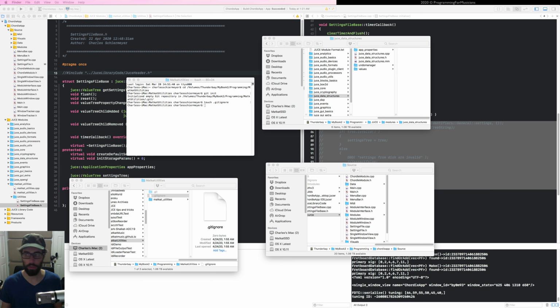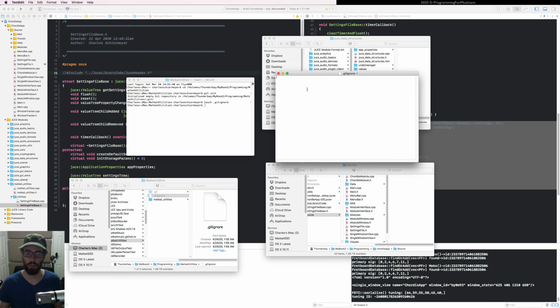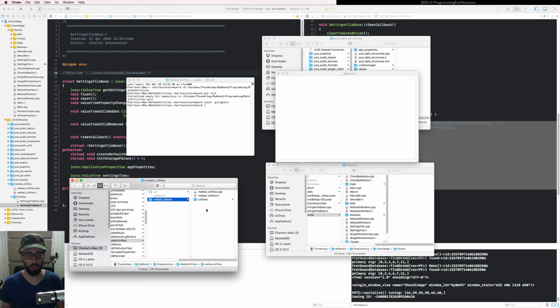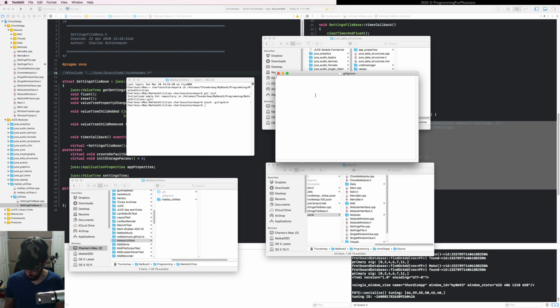We can open this up, we can edit it. Let's see, there's really nothing that we need to ignore because it's just gonna be source files. Maybe the one thing that we could possibly ignore are .DS_Store files, in case for whatever reason the operating system decides to make them. All right, once we've done that, now we can do git commit